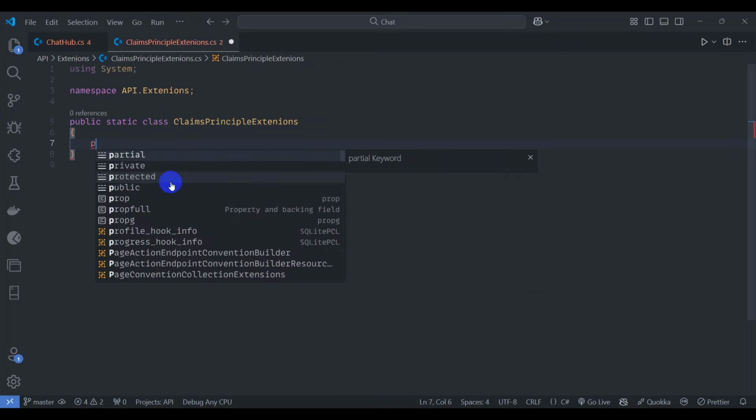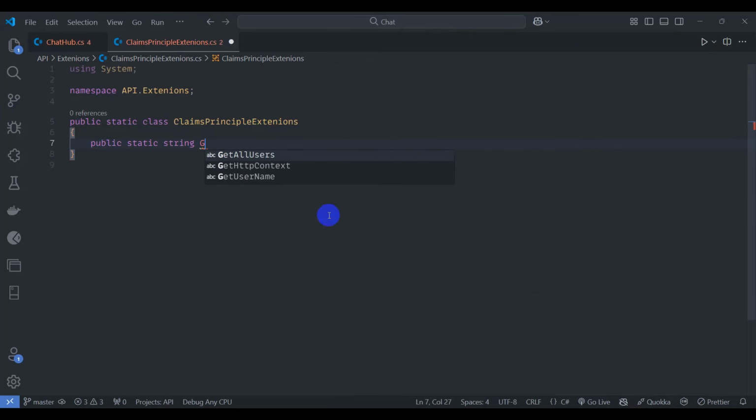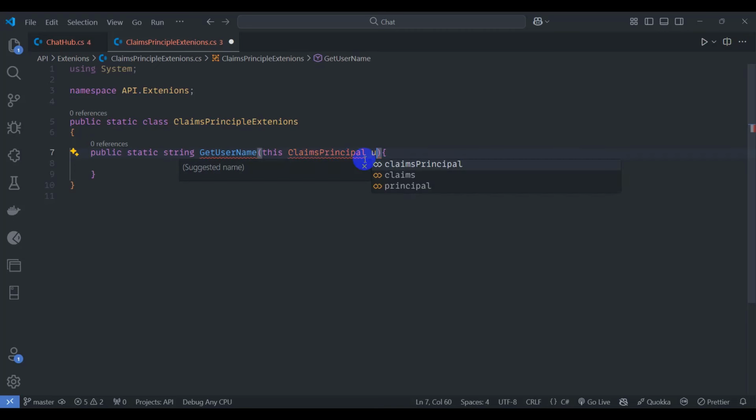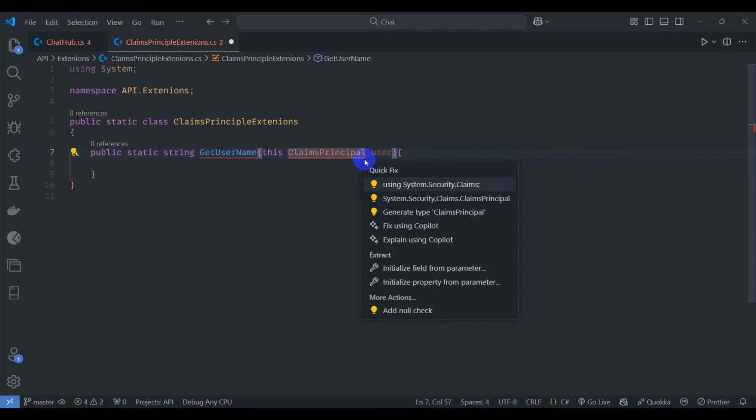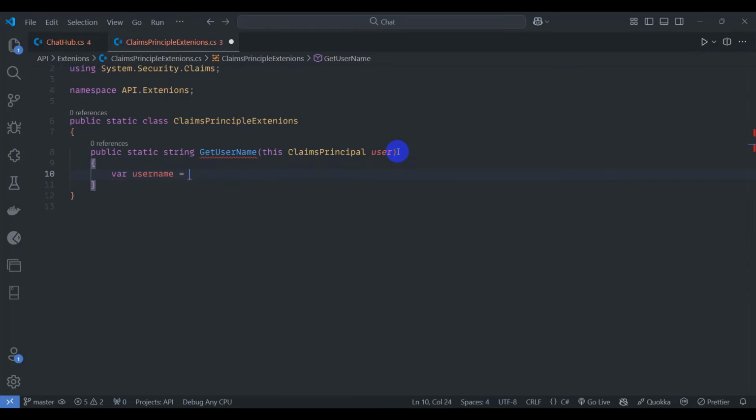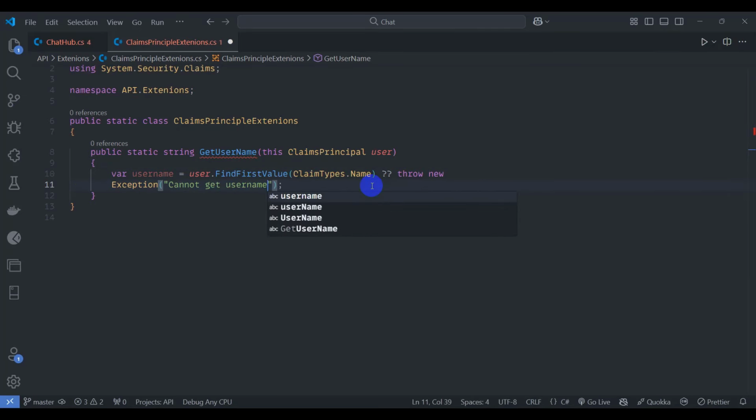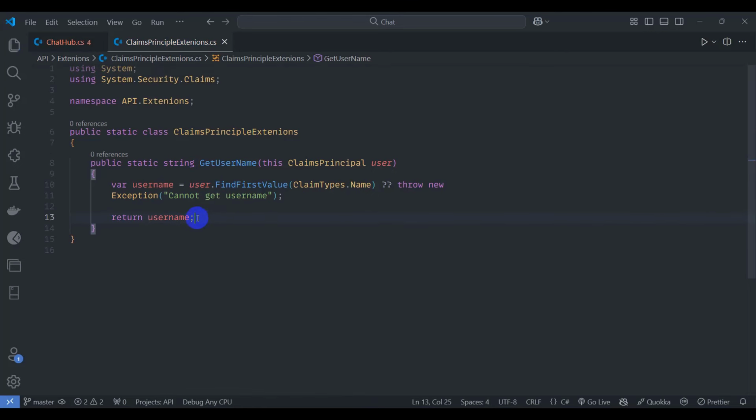Let's create method public static string get username. Let's pass here this claims principal user. Let's control click and import our username. User dot find first value. Let's pass claims type, claim types dot name, username. Then let's throw new exception, get username, return username, or we can return from here. Let's return from here,